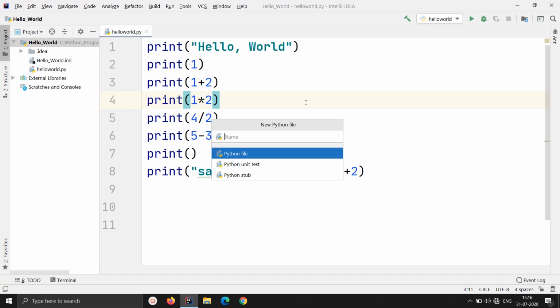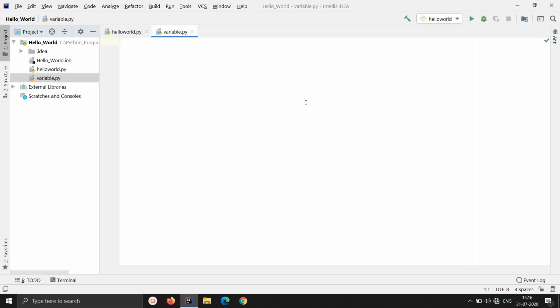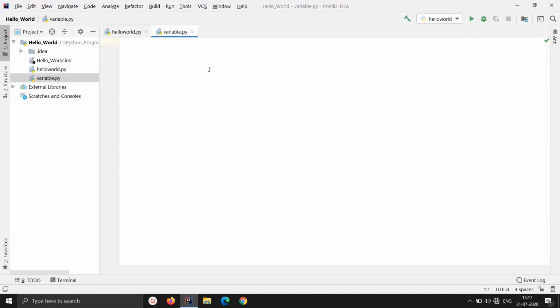Okay, so you can give any name to the file. I will call that file variable. Okay, we don't have to give any extension to our file, so the variable name will be sufficient. And if you just press enter, the file should be visible in front of you. Okay, so now we are in the same project of hello world. We have two files. One was the hello world previous file, and now this will be the next file, the new file in which we are going to see the next concepts.